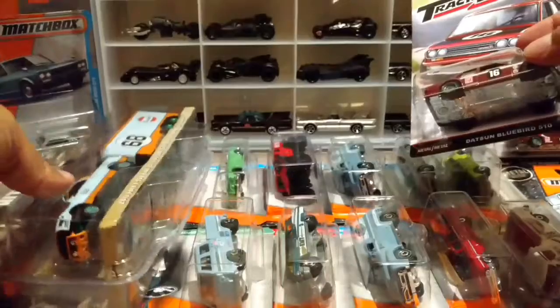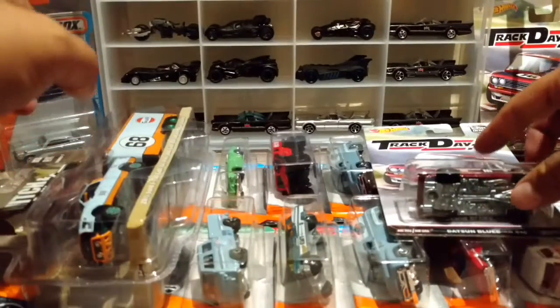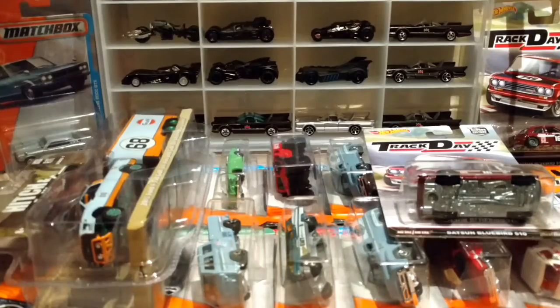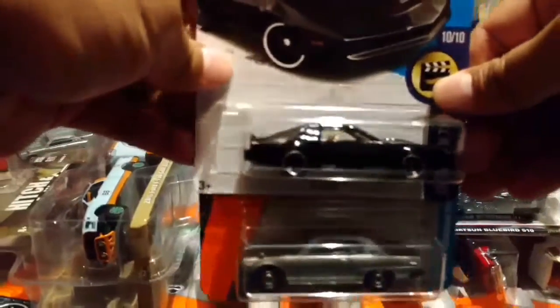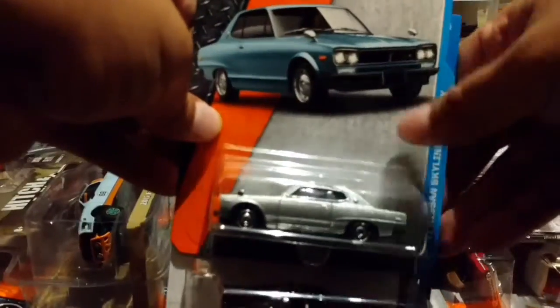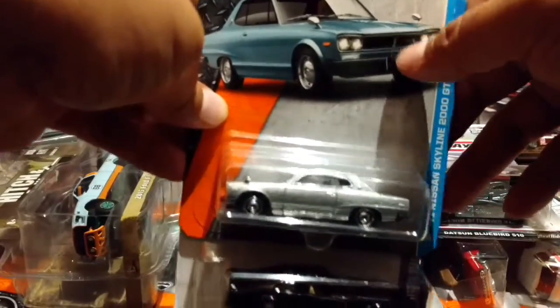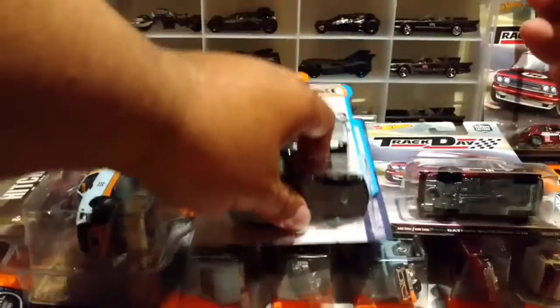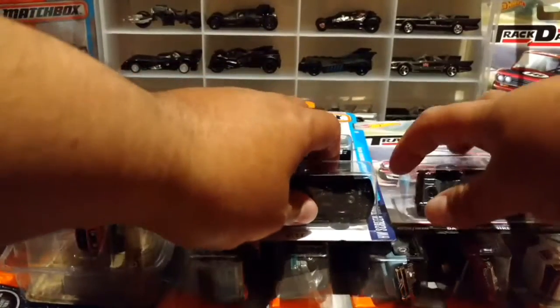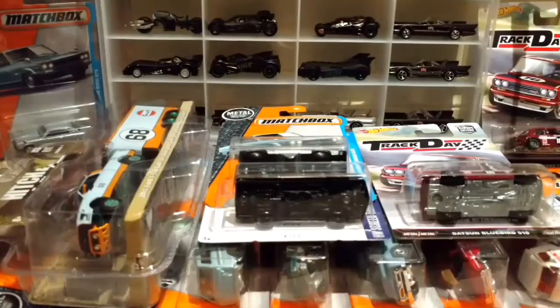And the day just gets better, because I then went to Walmart before work, and I found these two. I found the kit car, and I found another Nissan Skyline from Matchbox. Still can't find the one with the proper card. It has a silver card instead of the blue, but I'm sure I'll find that one eventually. It looks like it was a mass error. So those are the 2 cars, and then I went at lunchtime,